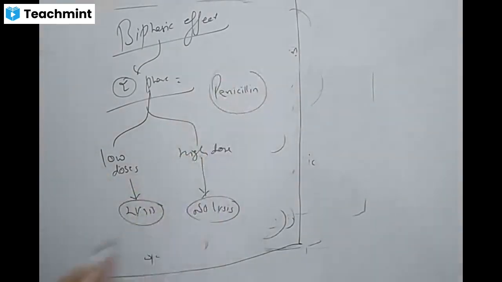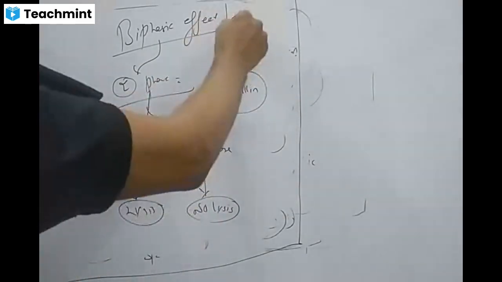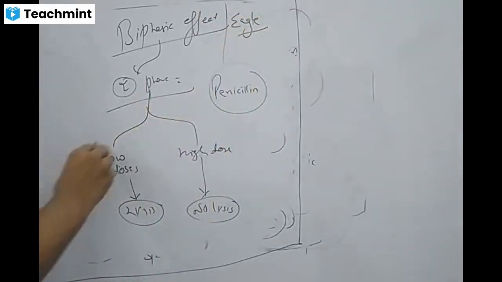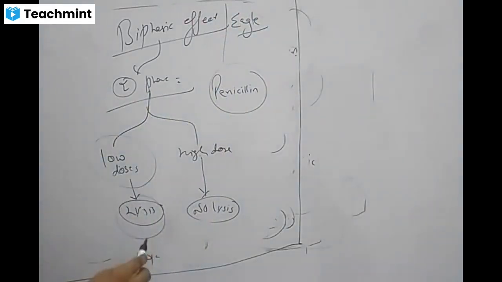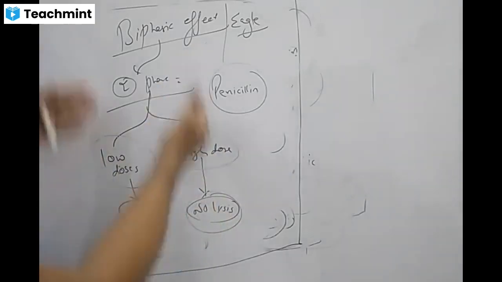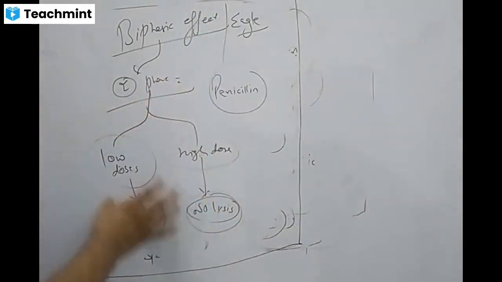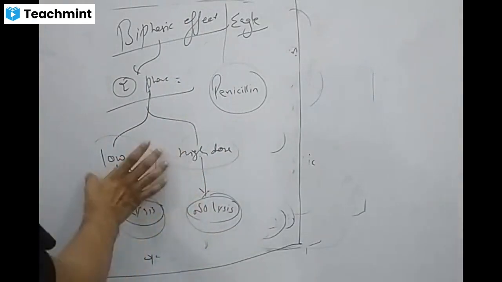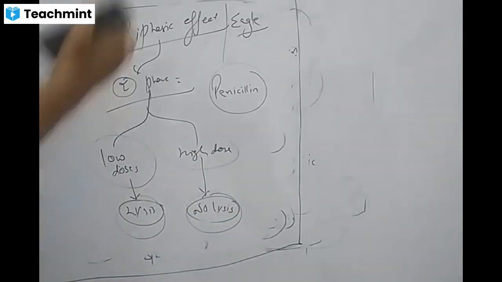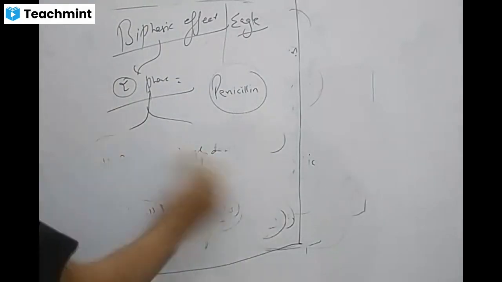We call it biphasic effect, where at low doses there is lysis of bacteria, but at high doses there is no lysis. Two effects at two doses. At low dose, lysis of the cell; at high dose, no lysis. And this effect is most commonly shown by the